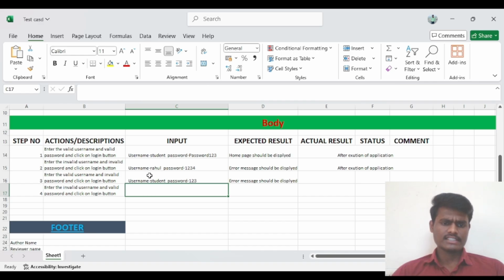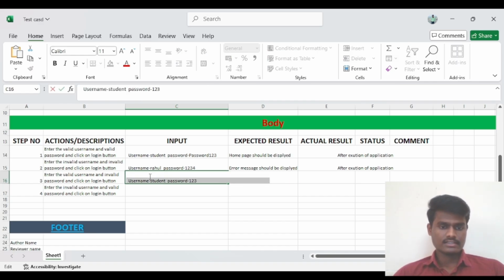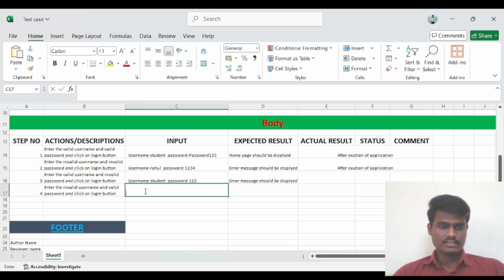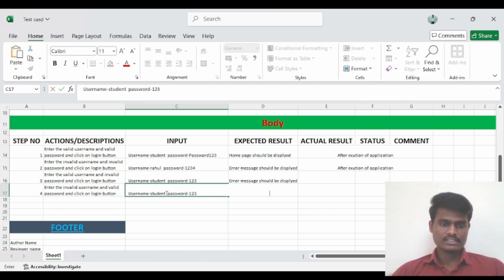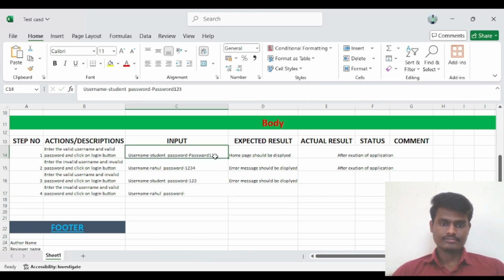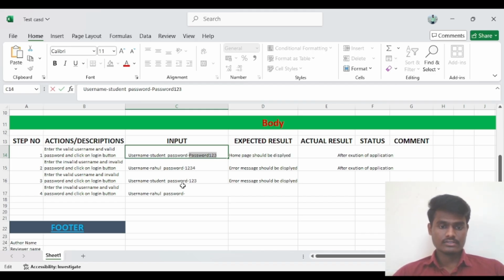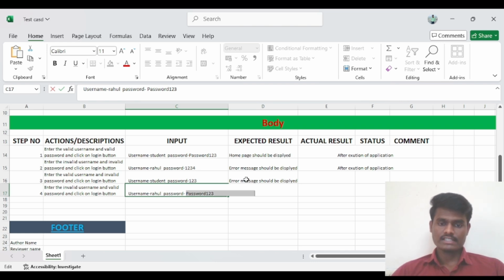Same error, we will get the same error, guys, here. The same error message we will get. So this is for invalid username, and the password is valid. This is our valid password, no? Same error message you will get.